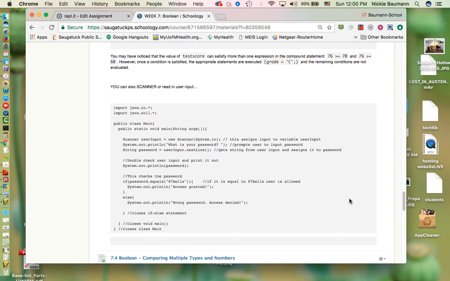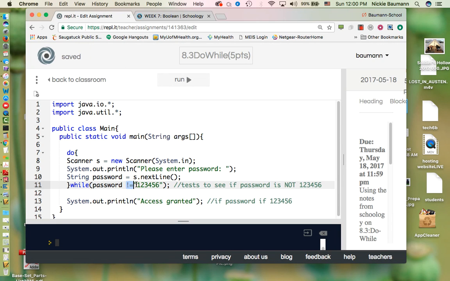Here we go. So in week 7, when we talked about Boolean, when we were talking about comparing strings, remember we can't use the equal sign or the double equal sign. We have to use the word equals, dot equals. So please make sure you go back through here and do this. So here we're saying dot equals